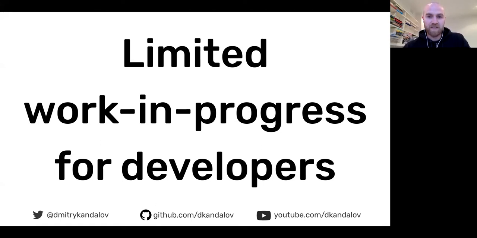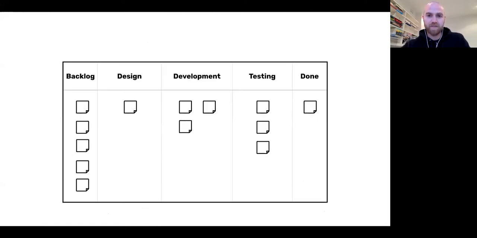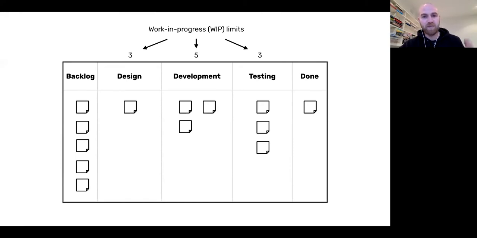I personally found out about it from Kanban boards. That's the simplest example we can have. Lots of teams have boards like this one where you have stages of development and you move cards left to right. For example, if I'm a developer and I finished a card, I move it from the development column to testing. And the idea of limited work in progress in this setting is that you can impose limits